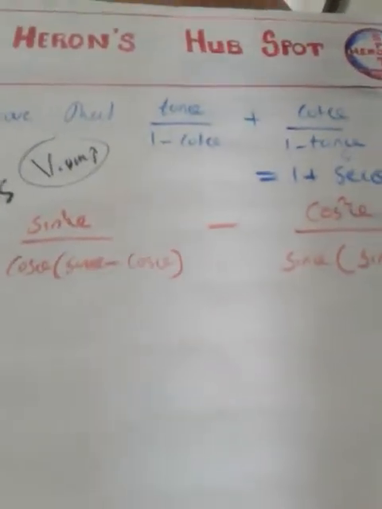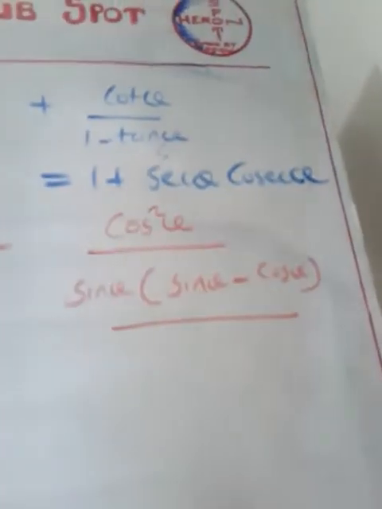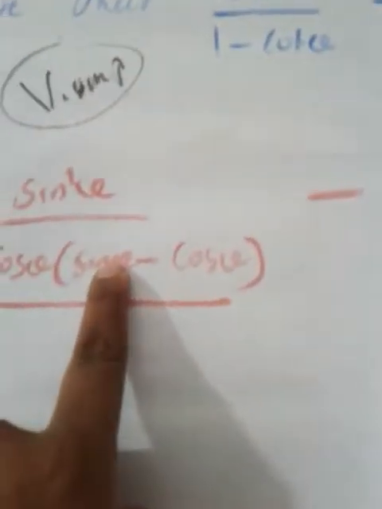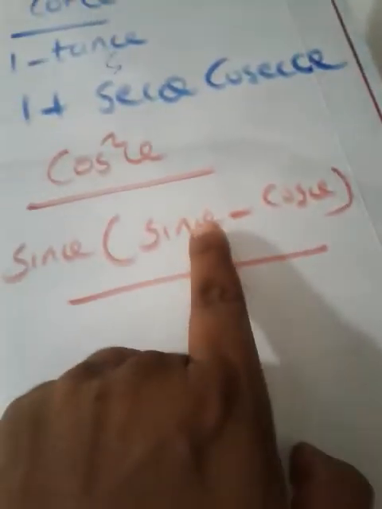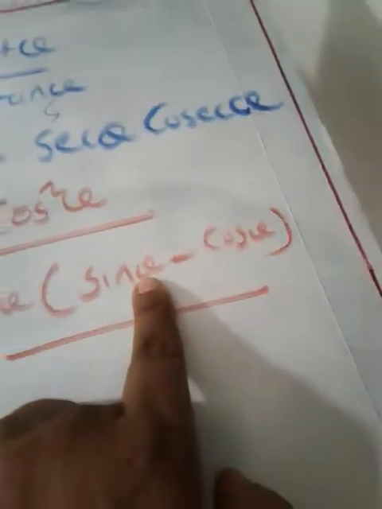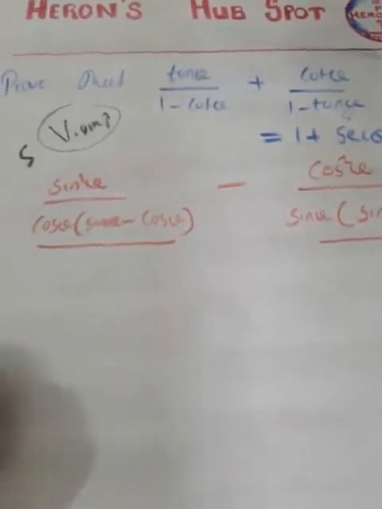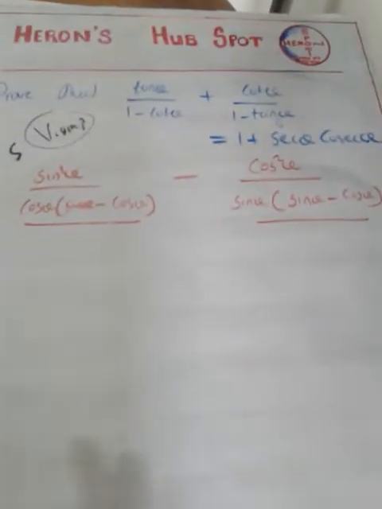Now just see. Compare both denominators. This is the first denominator and this is the second denominator. Here sin theta minus cos theta is there, no? Here also sin theta minus cos theta is there, no? So can we take it as common? That's why I made this kind of adjustment. Sin theta minus cos theta, sin theta minus cos theta. So I can easily take it outside.